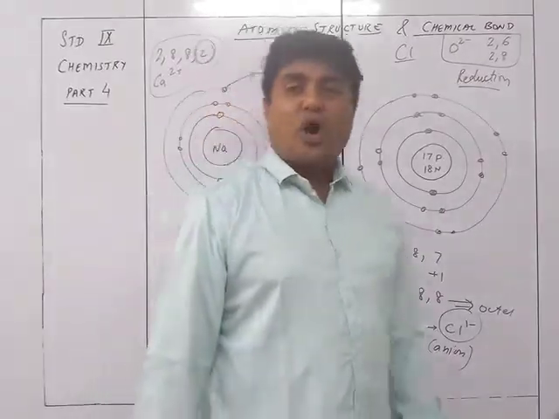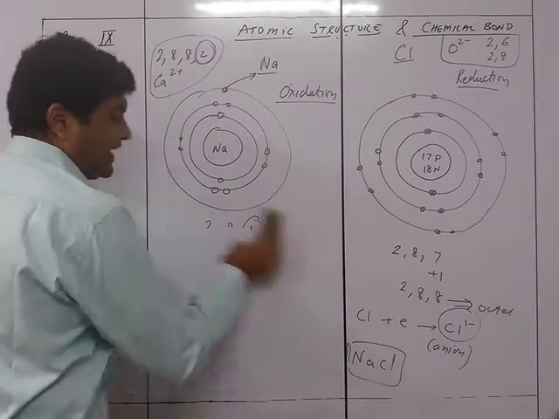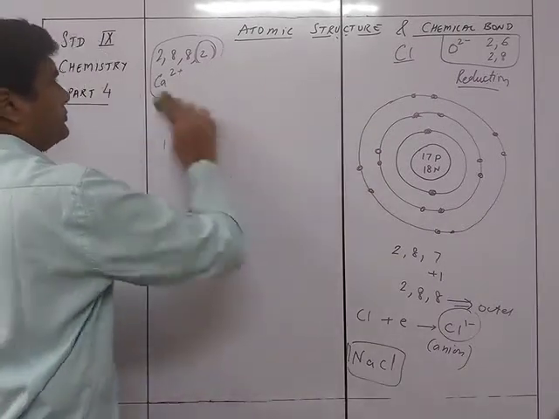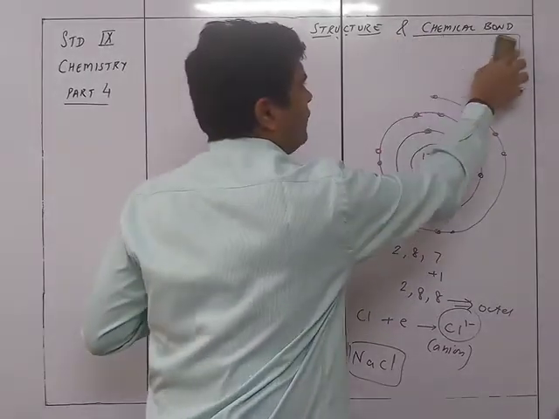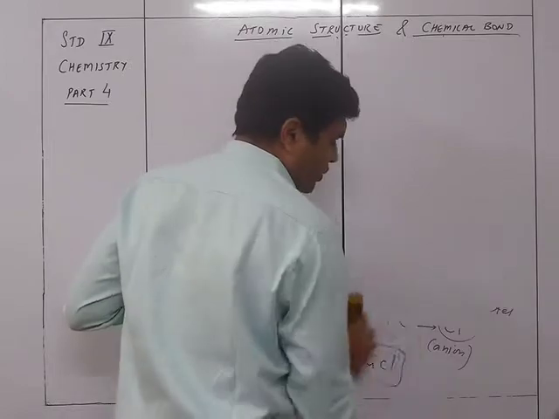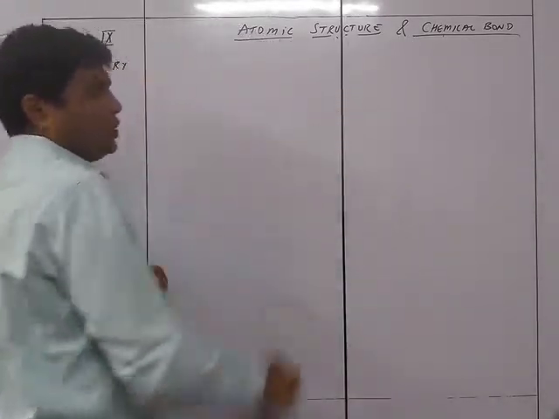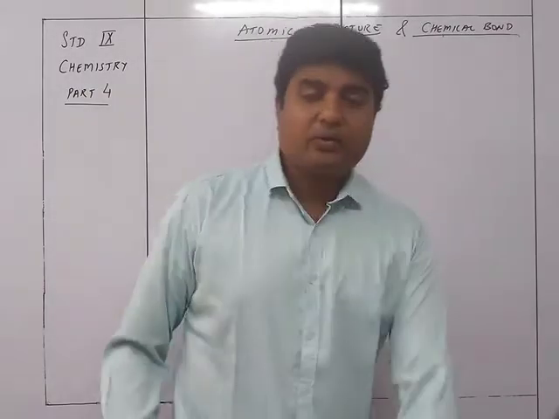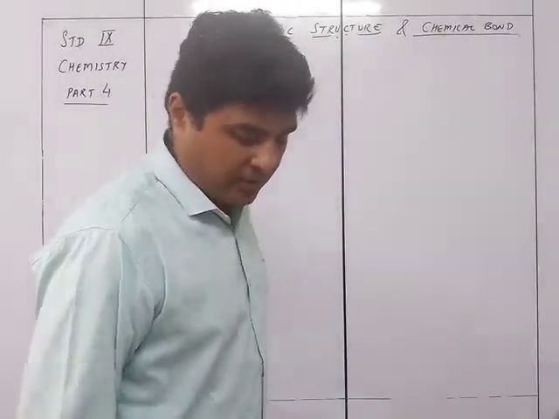Whereas in the case of non-metallic elements, they are going to share electrons. So they are not going to form an electrovalent compound, because they are not going to lose or gain electrons directly. So when two non-metals combine with each other, for example two nitrogen atoms come in contact with each other,